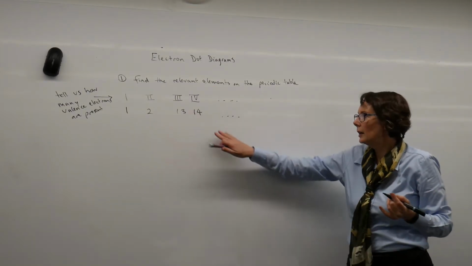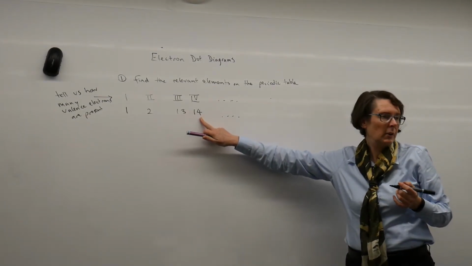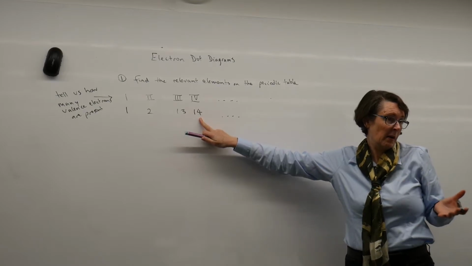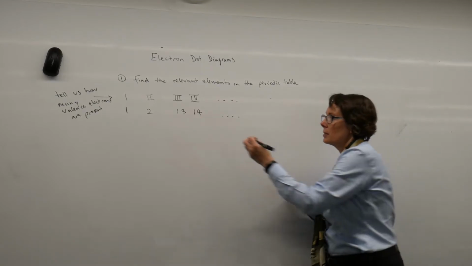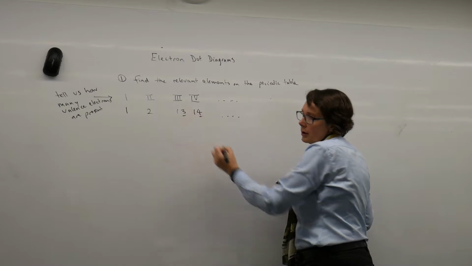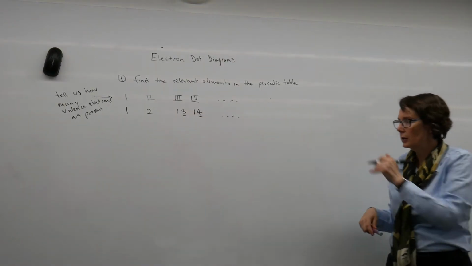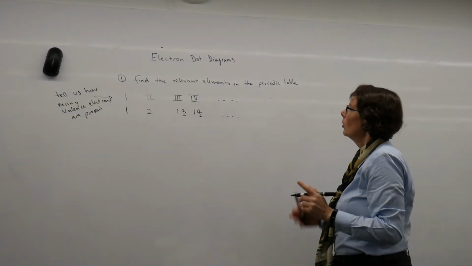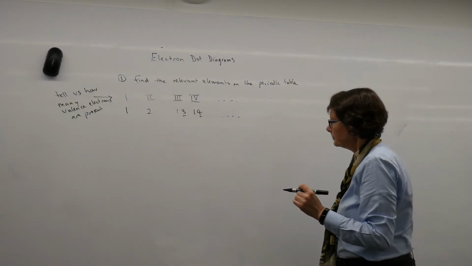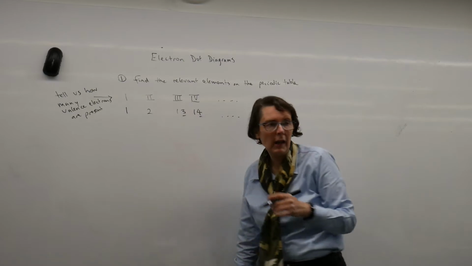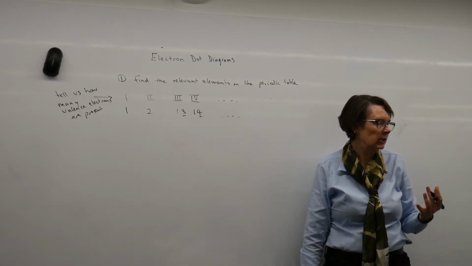But if you're looking at the Arabic numerals, then once we get above 10, it's the last number. Okay, so it would be the 3 or the 4 or the 5, etc. That's telling us how many valence electrons there are. So once we know how many there are, we can look to see how many bonds each substance needs to